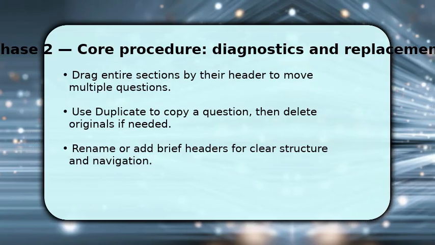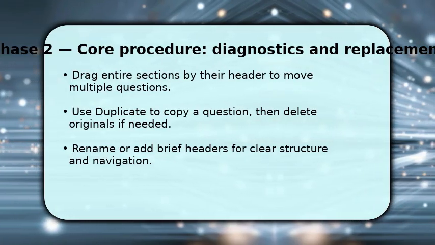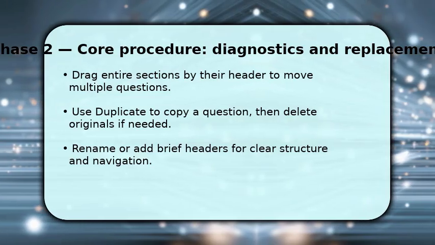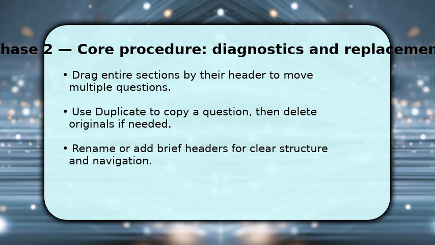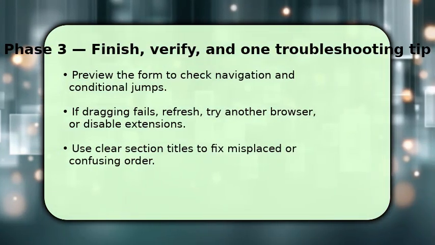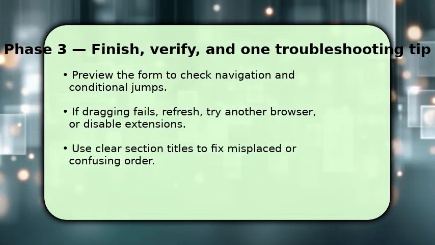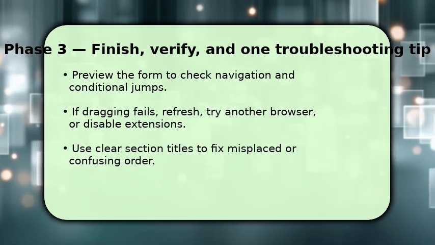When rearranging, pause and preview the form. That confirms logical flow and that any conditional go-to-section rules still point to the right targets. To finish, preview the form and click through every path, confirm conditional jumps go to the expected sections, and verify